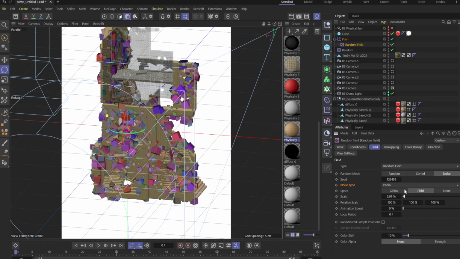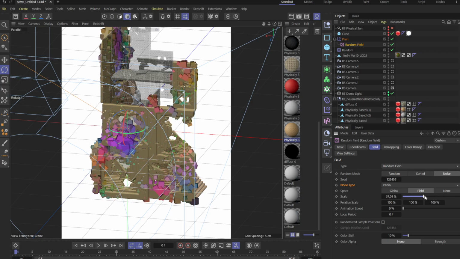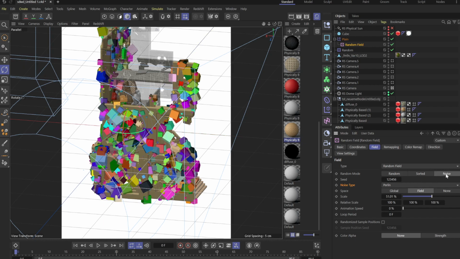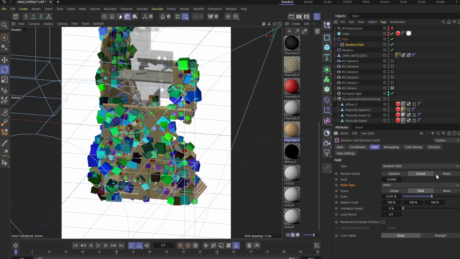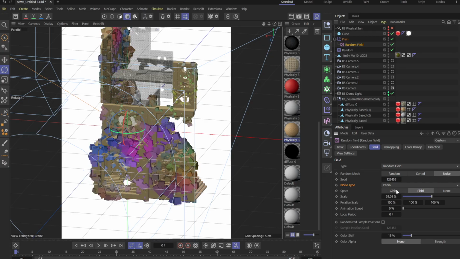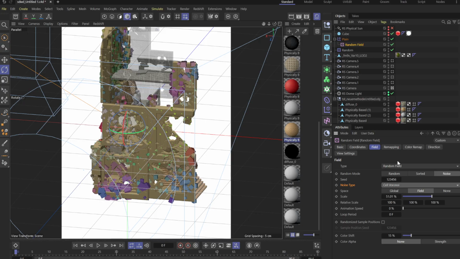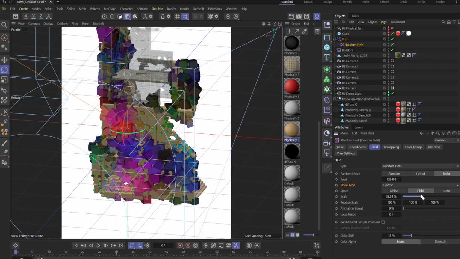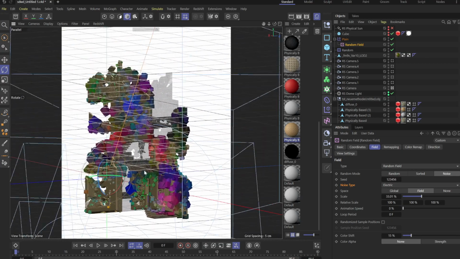And you can color shift it and do it randomly. You can do it based on noise. You can do it apparently sorted, global and field, and then choosing like Voronoi. Maybe don't use Voronoi. Electric. And yeah, as you can see, it just looks, at least from my point of view, a lot better than